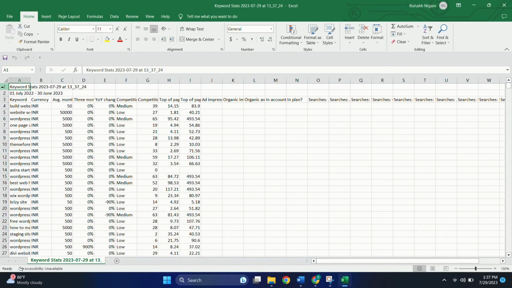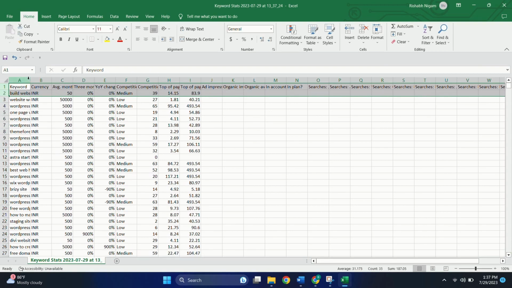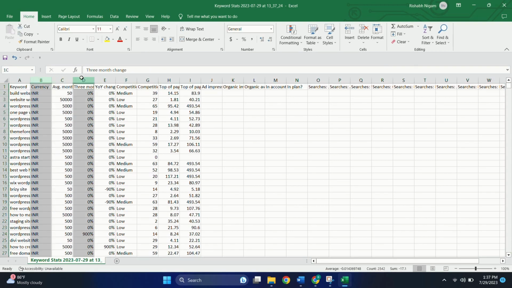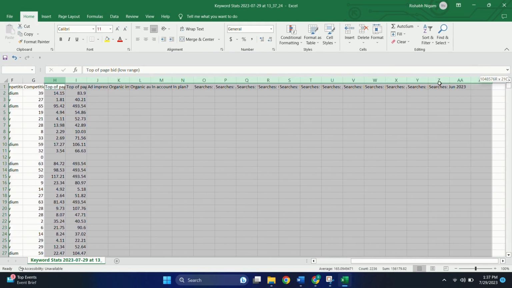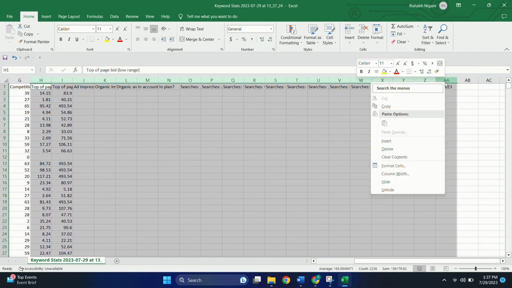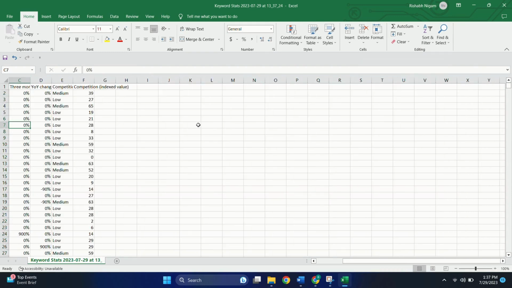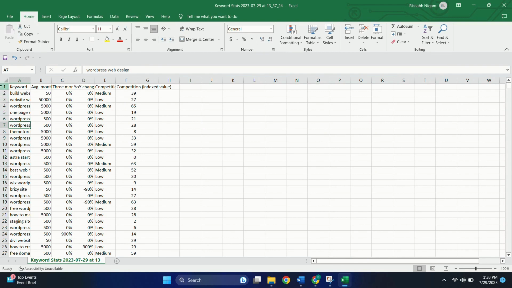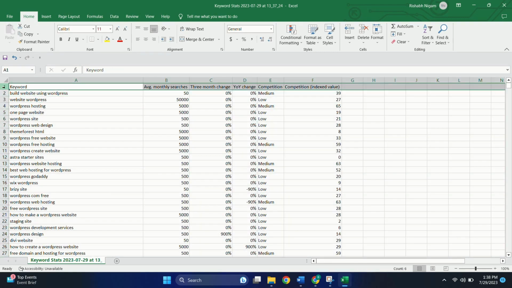Now we will delete the first two rows as they are not required. Also, we will delete the unnecessary columns right now: column B and after column H. Now let's freeze the first row.